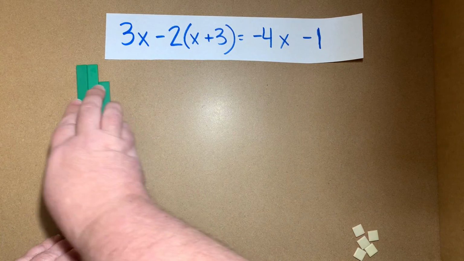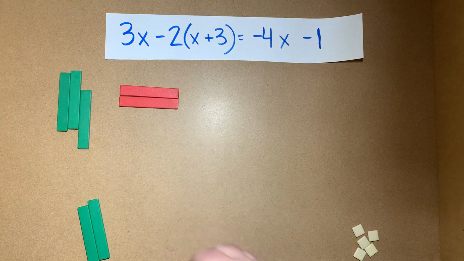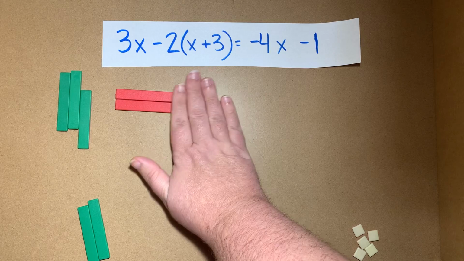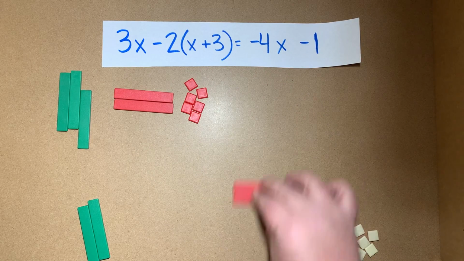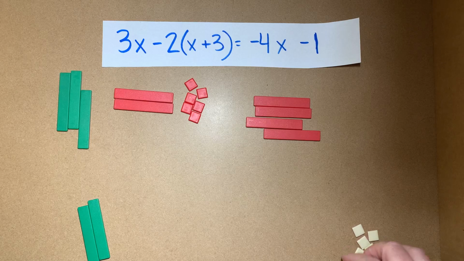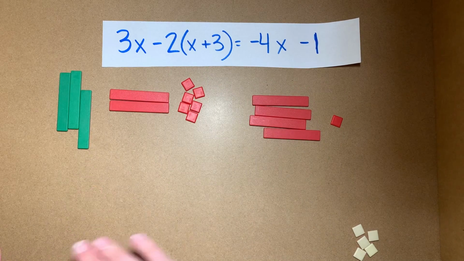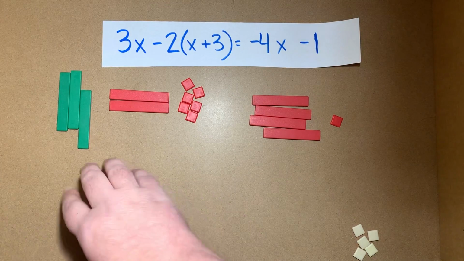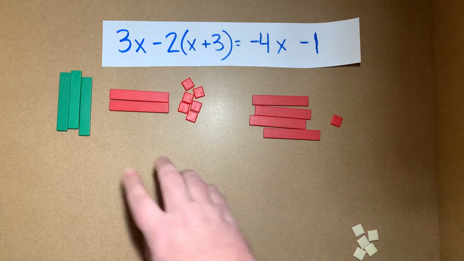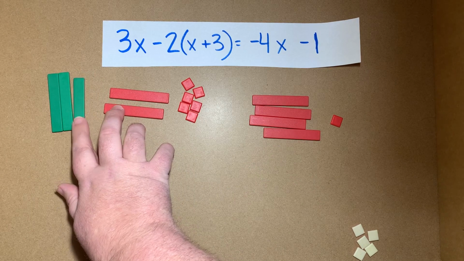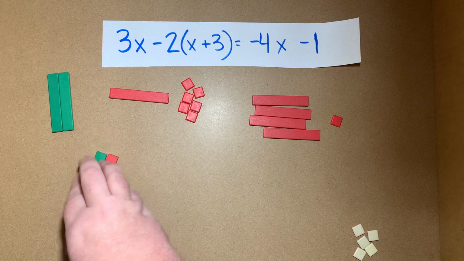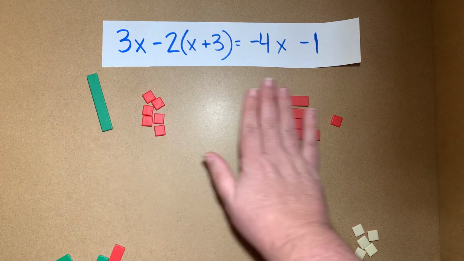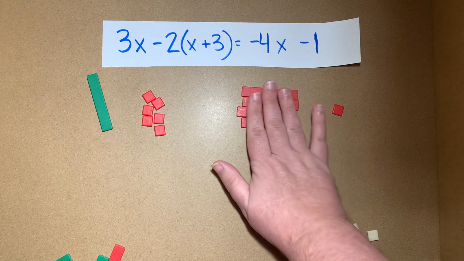We're going to do 3x minus 2x minus 6, because we distributed that negative, right? And all of that is set equal to negative 4x minus 1. All right, so instead of doing everything on this side and everything on this side, we can simplify first. So over here, we see that we've already got 2 0 pairs. So let's get those out of the way right off the bat. And now that's really easy. It's much easier